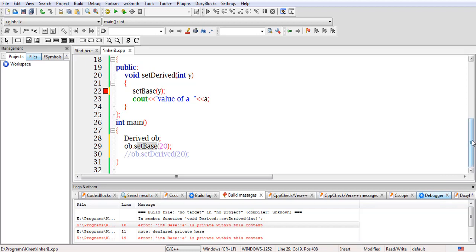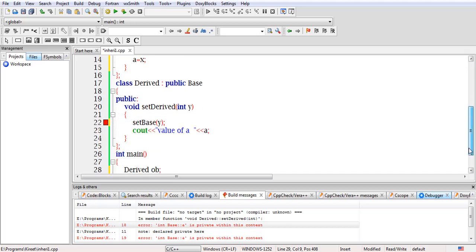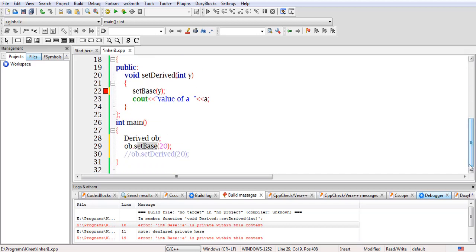This set base has been declared in protected mode, and we know that the members declared as protected cannot be accessed directly outside the class with the help of an object. So if I try to invoke it like this, it will result in an error.